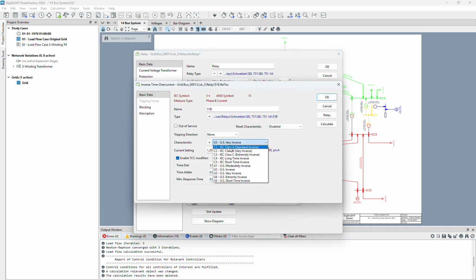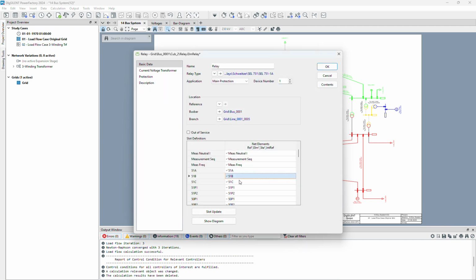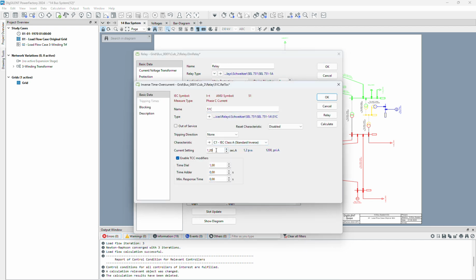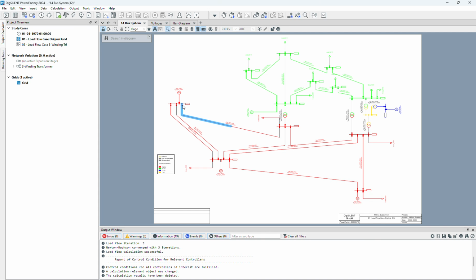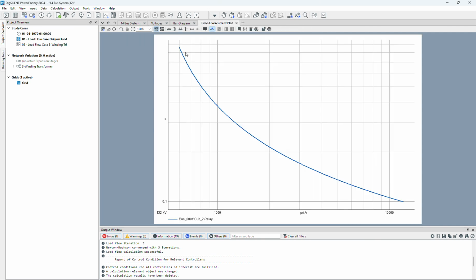So the next one should also be exactly the same. So for other phases, 0.4, 0.05. Okay, and here is also exactly the same. Okay, so now we designed the relay, click OK. So the relay is installed here. If you want to see the curve, right click, plot, and this is the curve for the designed relay. So if you want to see that we don't have any operation during the